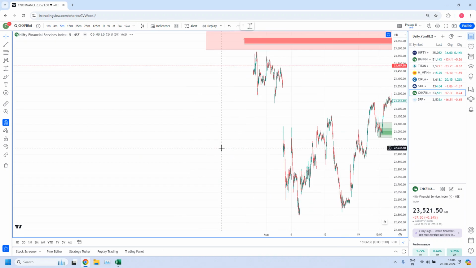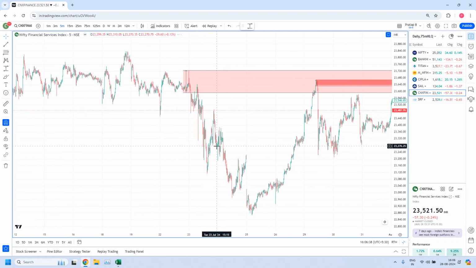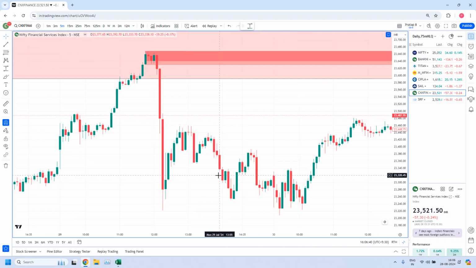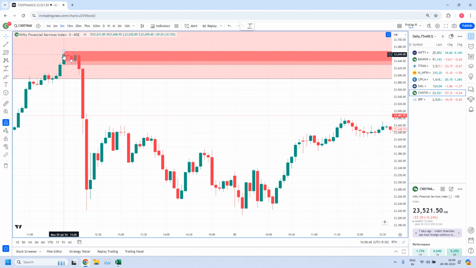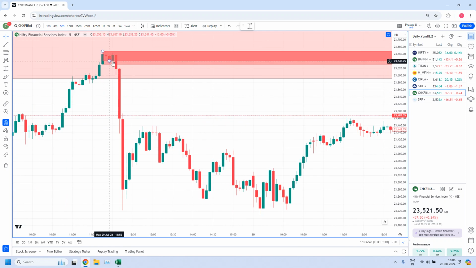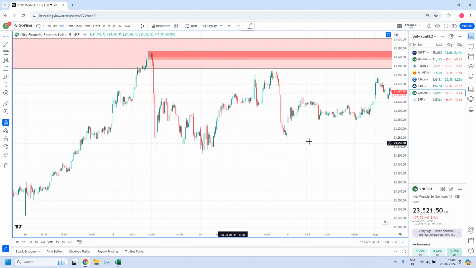Now we are in the 5 minutes time frame. So here we have a 5-minute zone. We have a rally, 1, 2, 3 base candles and a drop candle and then follow through candles. So this is the fine-tuned 5-minute zone. So here we planned a trade,